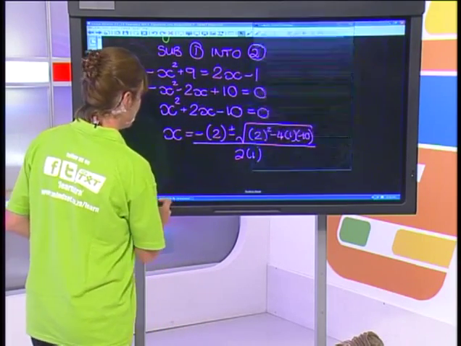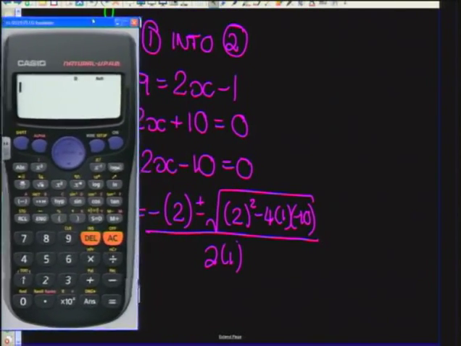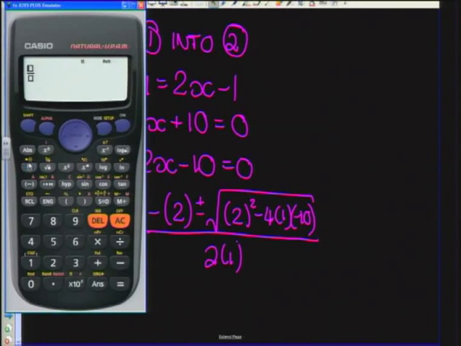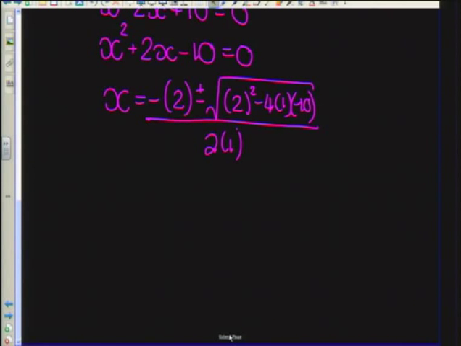But what I'm going to do very quickly is I'm also going to use the calculator. Let's use our calculator quickly to type in everything over here. So let's have a look. I've got negative 2. Let's start with our plus, the square root of 2 squared minus 4a, which is a 1, and b, which is a negative 10, and it is all over 2 times 1, which is 2. Okay, so we're getting 2.316. Let's round it off to one decimal place, 2.3. So my first answer for x